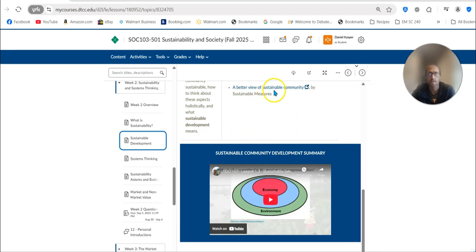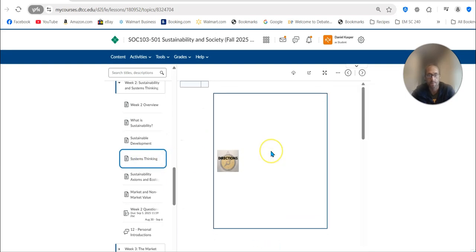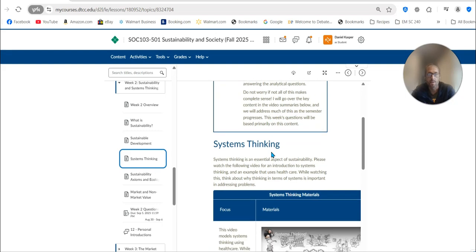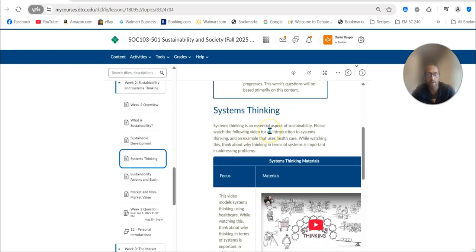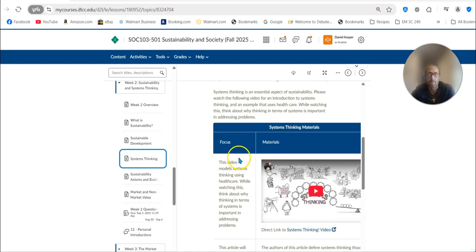And then there's the next article in this sort of series that helps you think even more deeply about that. Then we'll talk about systems thinking, an absolutely essential concept in sustainability. But as I mentioned before, systems thinking is important no matter what you're studying. Healthcare is a really, really good example. You cannot treat one part of the body independently because all of these systems overlap. I think that's pretty common sense, although healthcare doesn't always do it that way. But whether it's engineering or economics, architecture, whatever it is, you should be thinking in terms of systems.